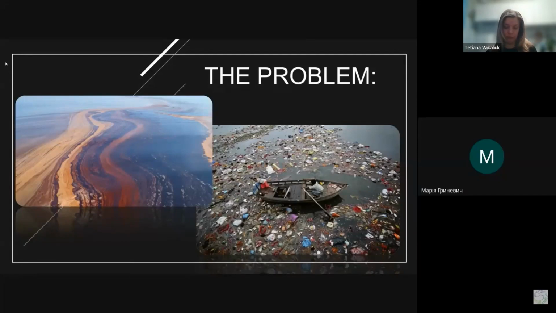The answer is obvious. It is necessary to look for new solutions that will help solve the problem of climate change and contribute to preserving the well-being of the entire planet. Water pollution is a negative change in the physical, chemical, and bacteriological water properties caused by an excess of inorganic substances, organic, radioactive, or heat, which limit or prevent the use of water resources for drinking and economic purposes.